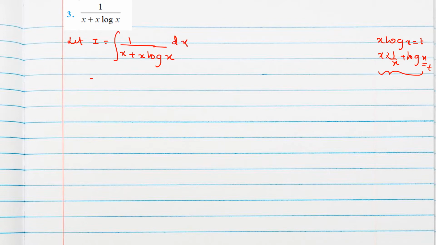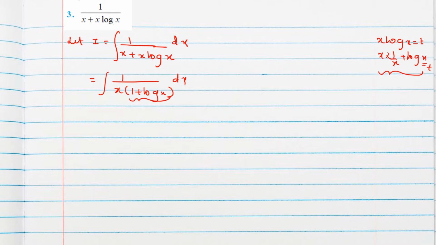For this question, first let I equal to the given integral, 1 by x plus x log x. Sometimes students can get confused and they substitute x log x. See, if we substitute x log x, what will happen? We should apply the product rule, isn't it? Log x derivative 1 by x plus log x equal to t. So we won't get the other expression from the question. So what we can do, we can simplify this first. We can take x common from the denominator, 1 plus log x dx.